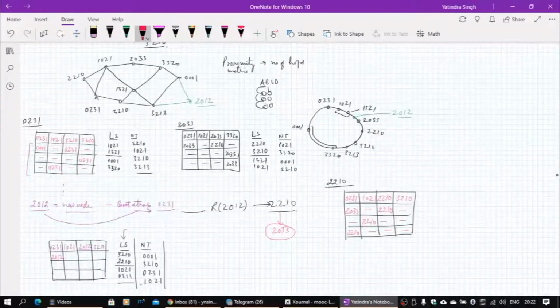Okay, so second entry will be dash, there is no other node, no new information it can get from anybody actually. Okay, so this one will be now 2210, this will be dash, 2012 dash, there is nobody else with 2, there is only 2210 2033. Okay, so 2012 2033 will come here.